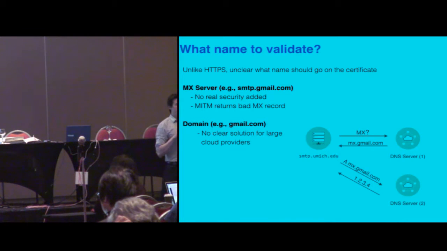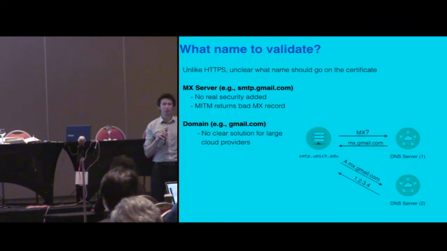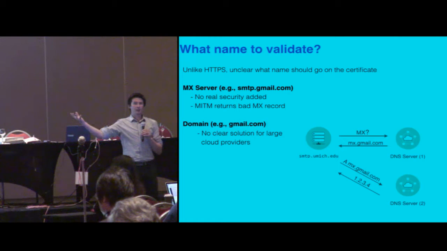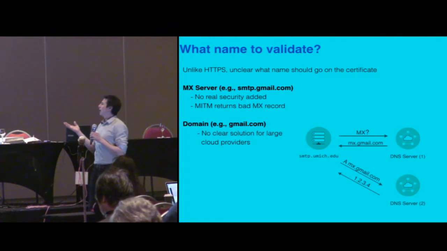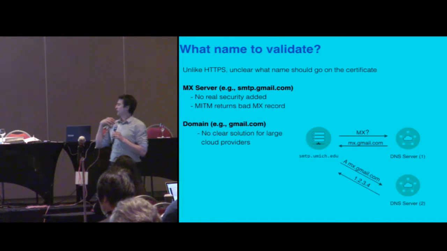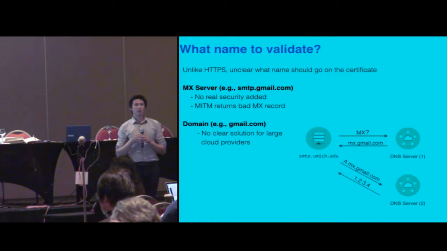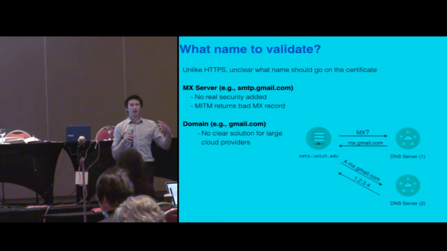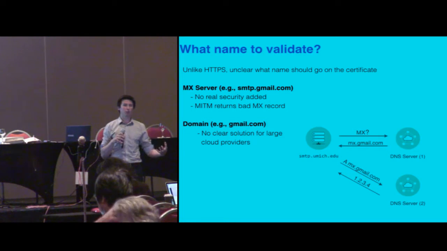When you put the name of the host, it really doesn't do anything if your DNS isn't authenticated, which is the case for most people in the world right now, because essentially a man in the middle just tells you the name of the attacker-controlled domain, and they can easily get a CA signed certificate for that domain. And when you put the actual name of the destination domain, we have this problem where we have these huge mail providers that are responsible for hundreds of thousands of domains. And so Gmail doesn't necessarily have a method right now to present a certificate for each domain that it has, or for someone to say, I want to give you a certificate that you can only use for mail.